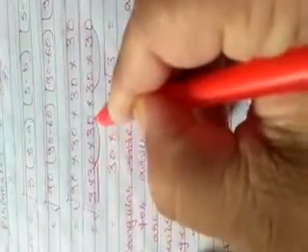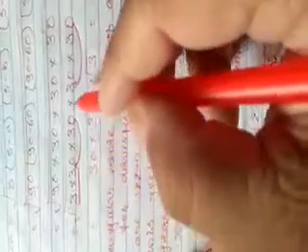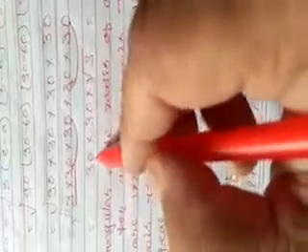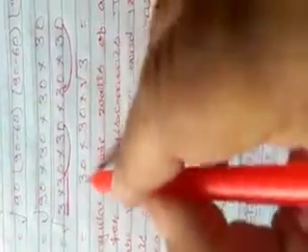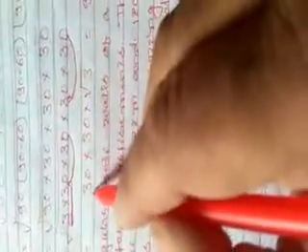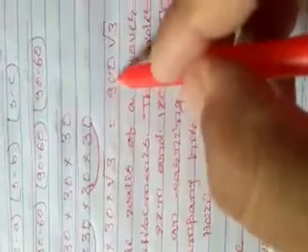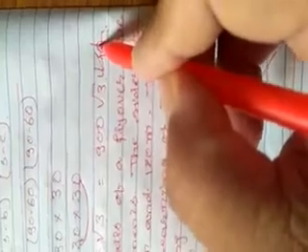When two pairs of 30 have been formed, after finding the square root we take one from each pair. So 30 into 30, and since 3 is not in a pair, it stays under the root itself. So the square root of this number will be 30 into 30 into root 3. On further solving, we get 900 root 3. This is the required area of the triangular board. Is it clear?